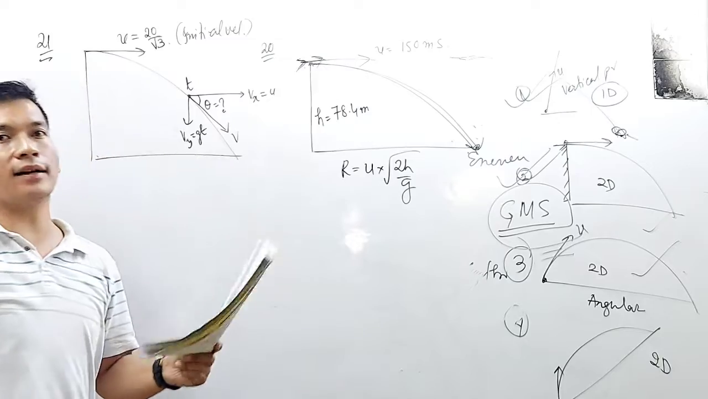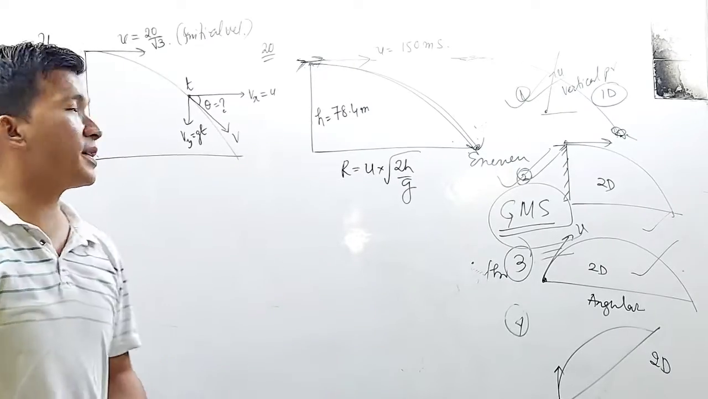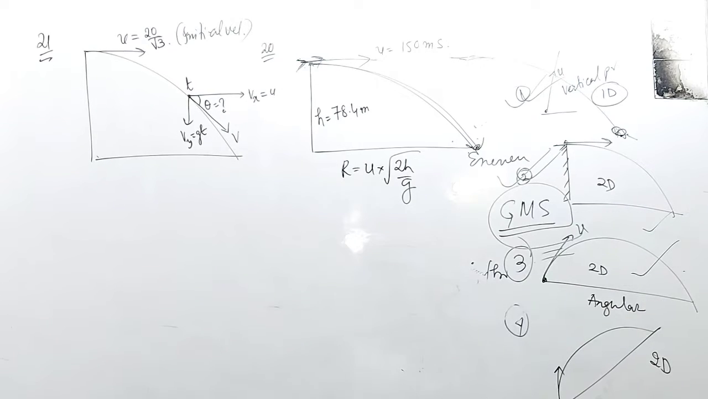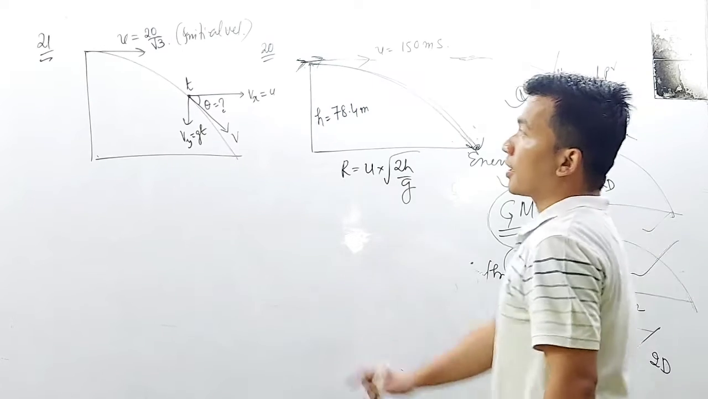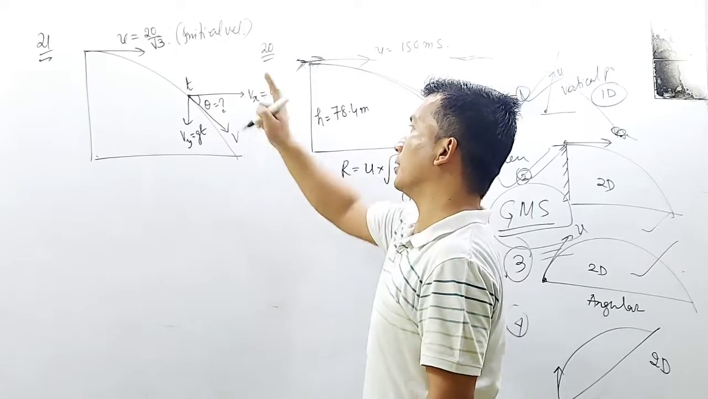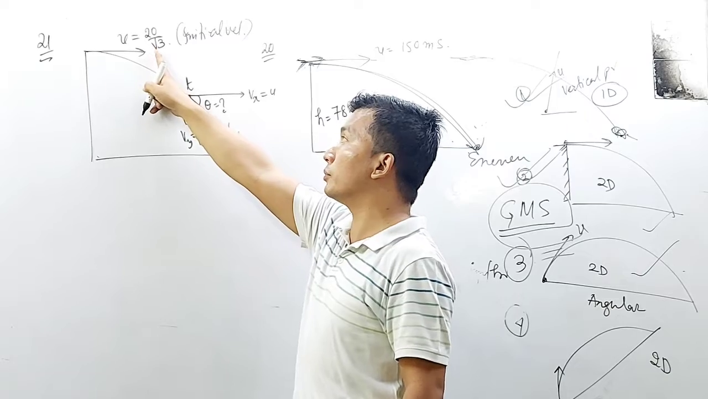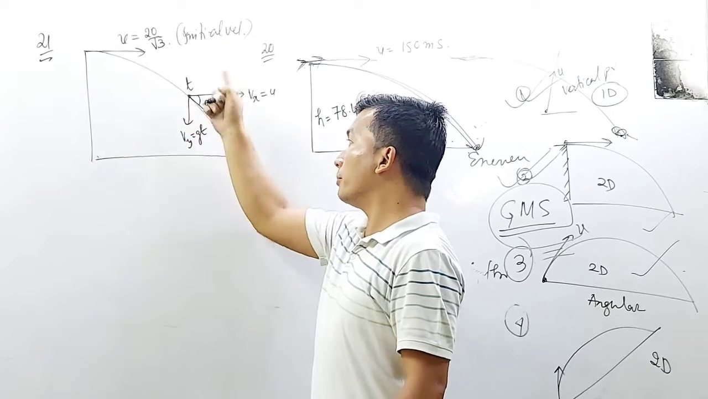If you understand this diagram, question number 21, you have to calculate the time where the instantaneous velocity will make 30 degree with the horizontal velocity. Initial velocity, horizontal velocity. After how much time will this object, which is projected horizontally with 20 divided by root over 3, make an angle